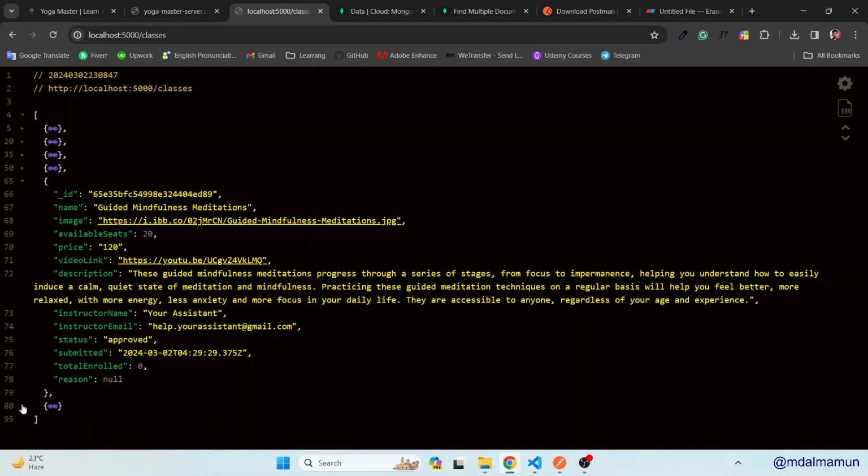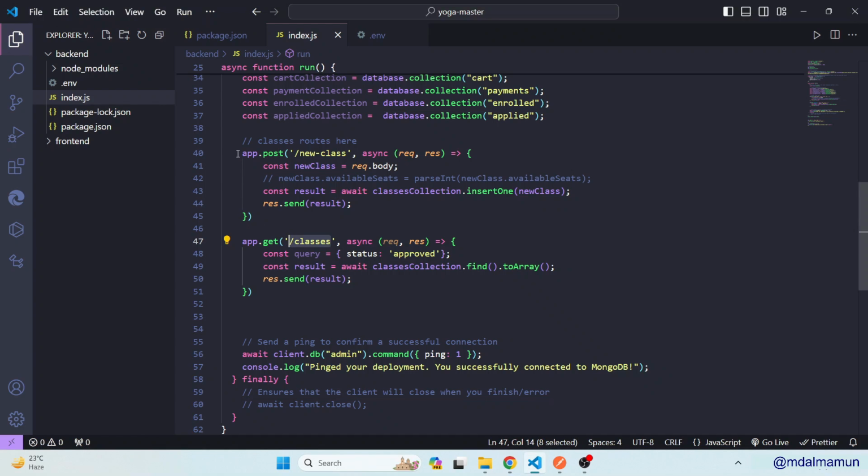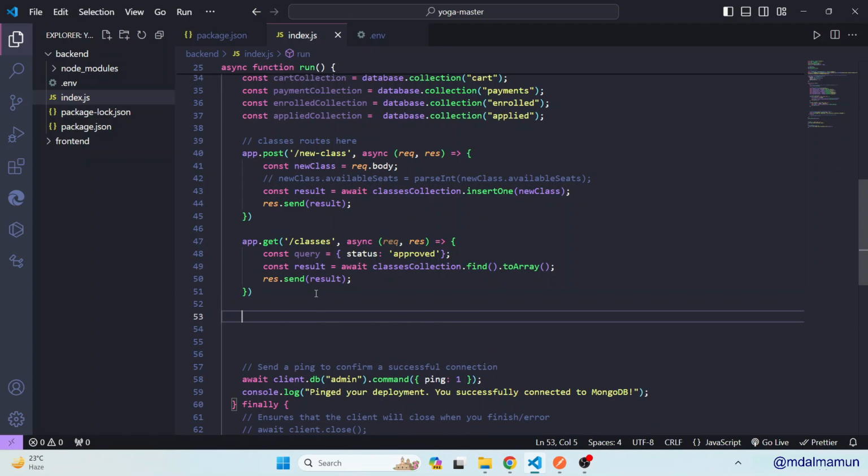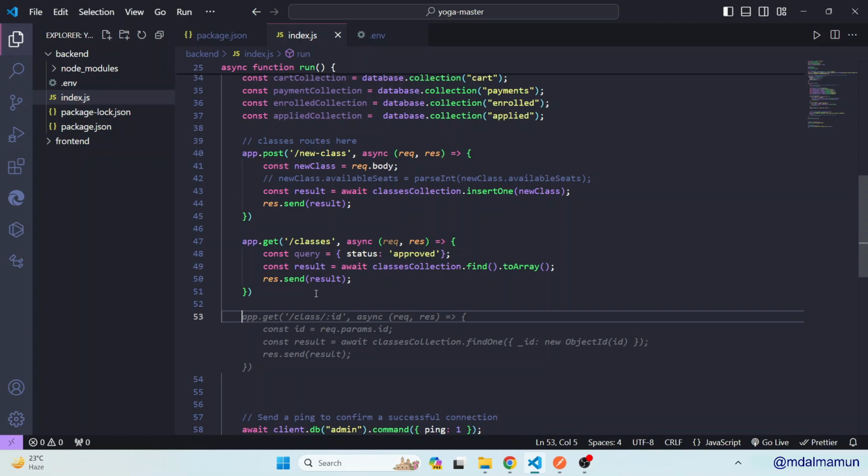So actually we'll have defined the two things. One is for how to post a new course on new classes, and the second one is for how you can just load and get the data. Okay, so after doing this, what if you want to